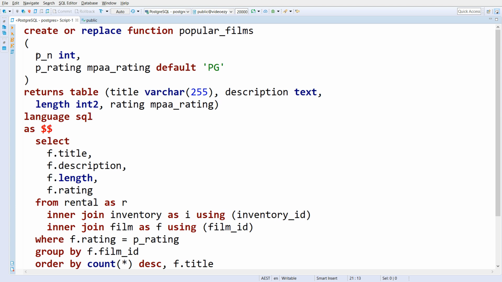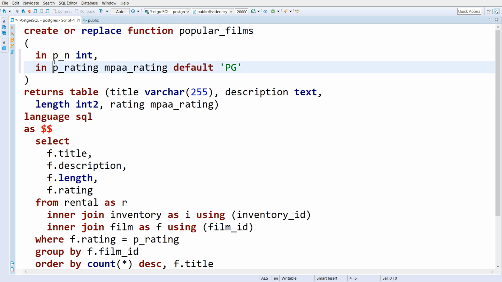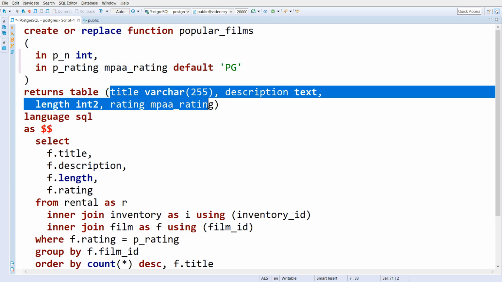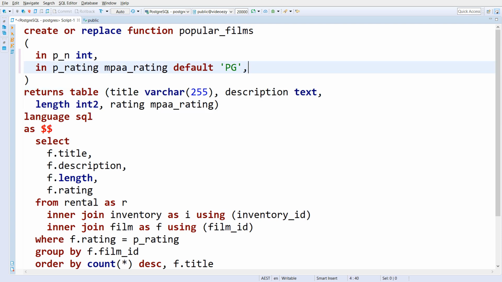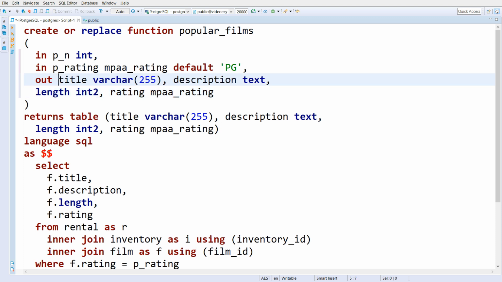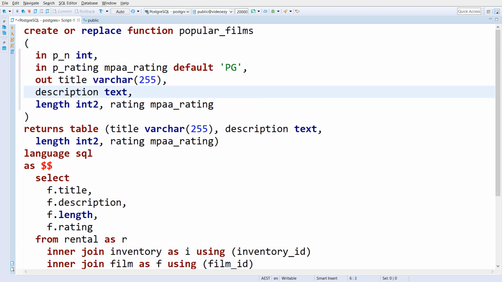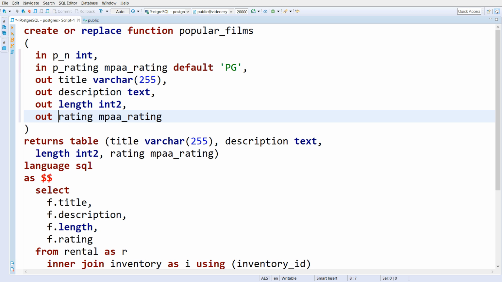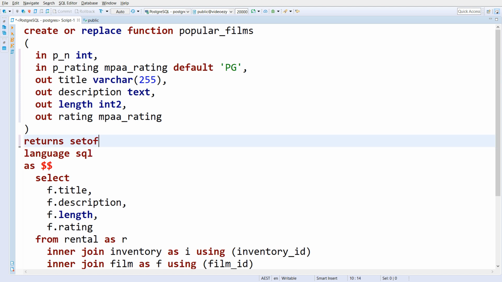In the argument list for the function now, you specify if the argument is something that gets passed in or is returned out to the caller. Our first two arguments get passed in. And what gets returned out is all those columns that we listed here. So let's list those as out parameters. And now, rather than writing returns table, we can simply write returns set of record. So this is functionally identical to what I just had, it's just an alternative way of writing the same thing